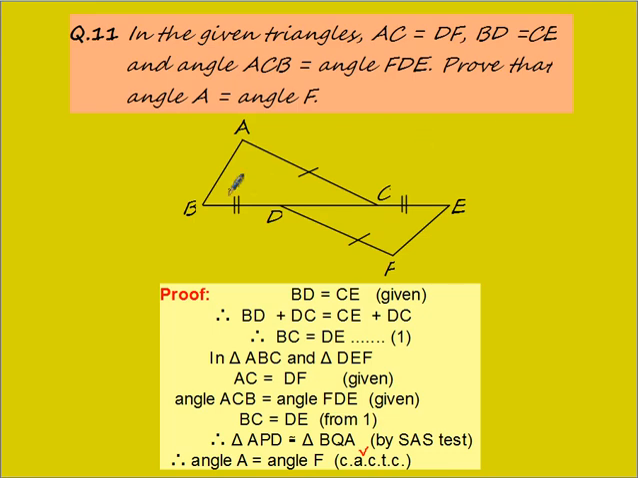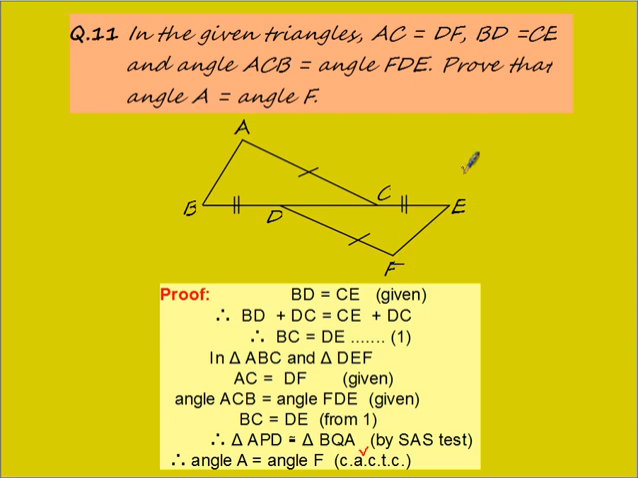So, a beautiful diagram it is. One triangle ends here, the other triangle starts and ends here. So in the given triangles, because these are two triangles, AC is DF. Have I marked? AC is DF. I have marked them. And then they say